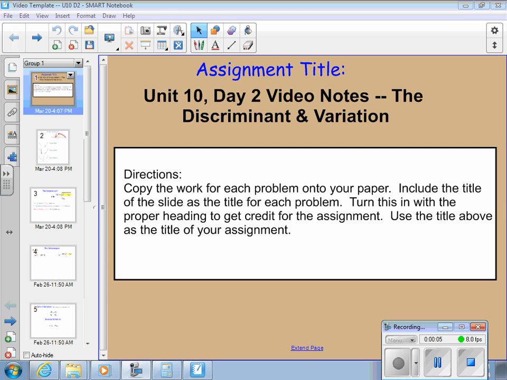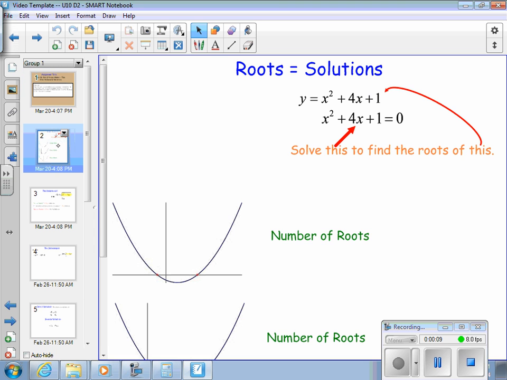Unit 10, Day 2 video notes, the discriminant and variation. So first of all, let's talk about this terminology, roots. What are roots? Well,